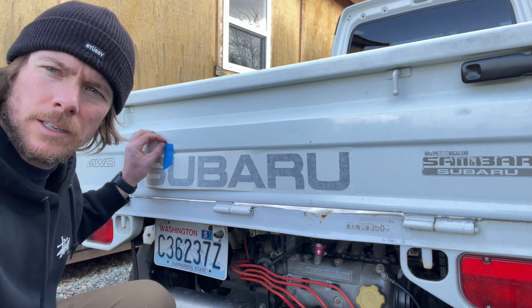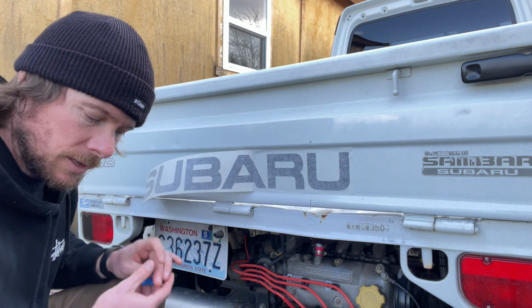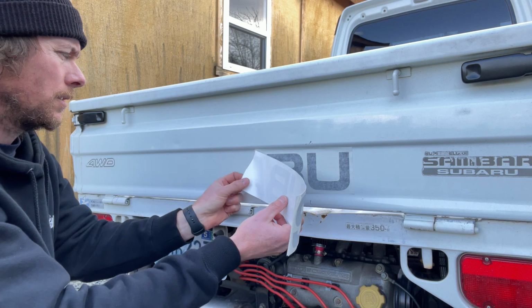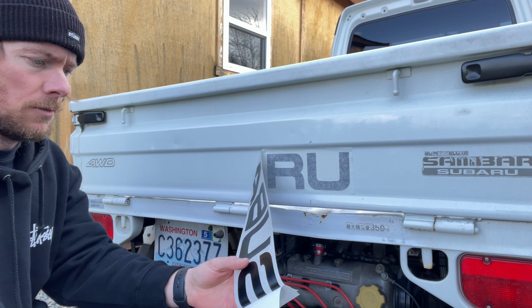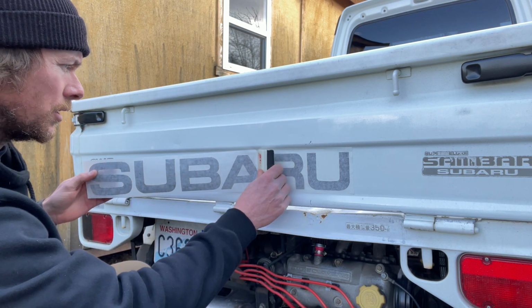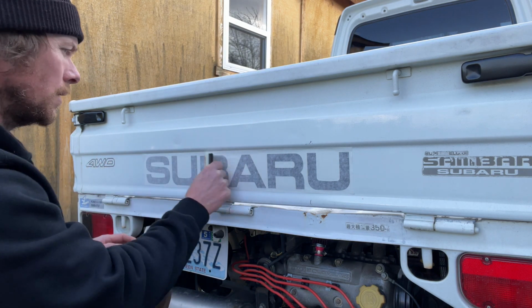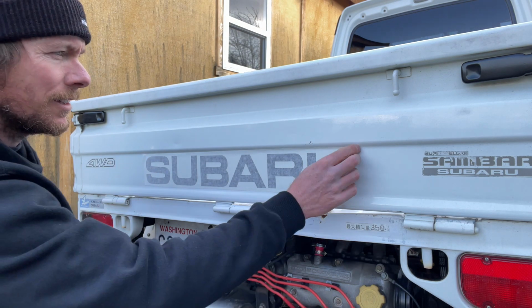I've been installing decals for a very long time, so to me it's very easy. But once you get confident, you kind of know what the sticker is gonna do and how it's gonna react. So just take your time, it's all about being patient. And then we're gonna feed down the other side. Now, let's see if it's gonna stick. Nope. So,